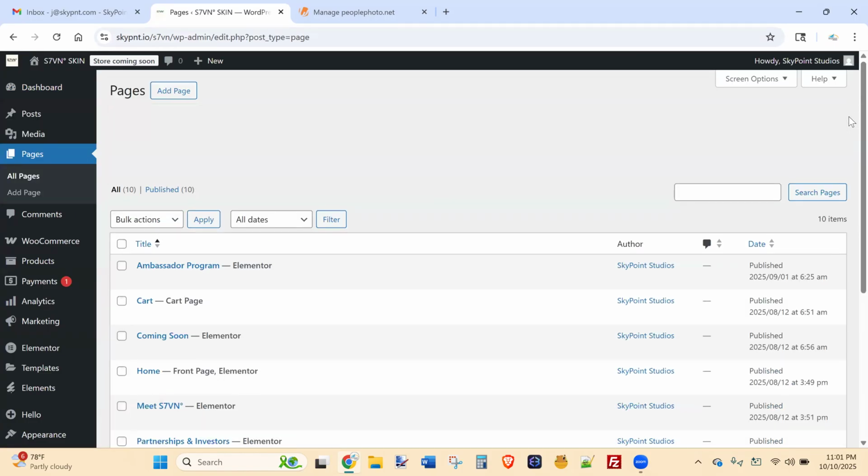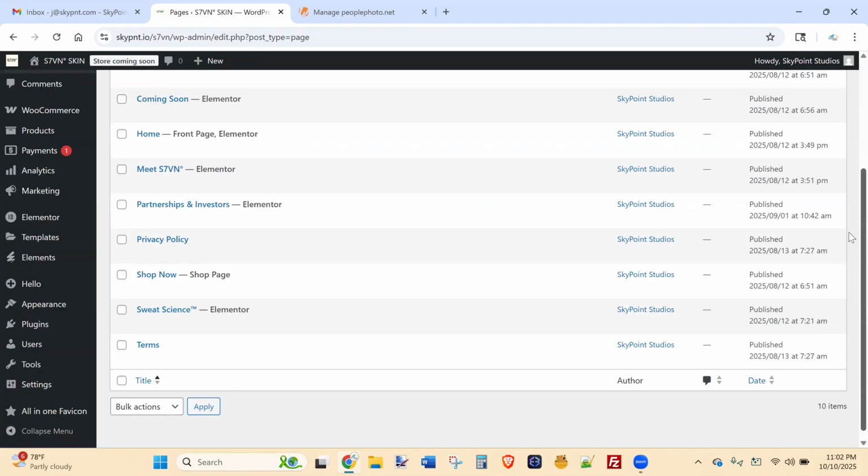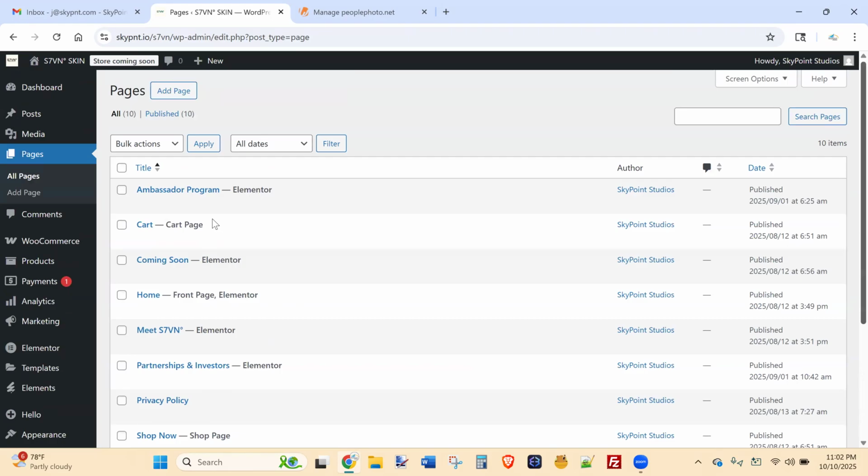And then we can see that there is the ambassador program, the home, the meet page, partnership investors, privacy policy, shop now, sweat science page, terms page. So that's pretty much all the pages that go to the website. There's 10 total. If you want to just click on the ambassador program,